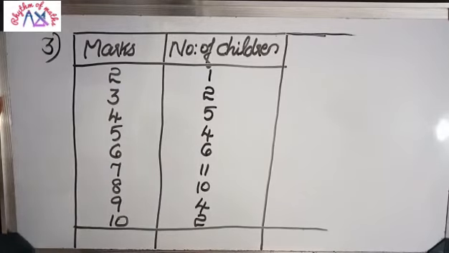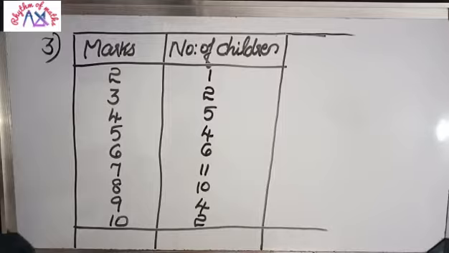Average mark of that particular subject we need to find here. So when you get a question like this, the method is a little bit different. The equation is the same: average equals sum divided by total number of students. Sum by total number.